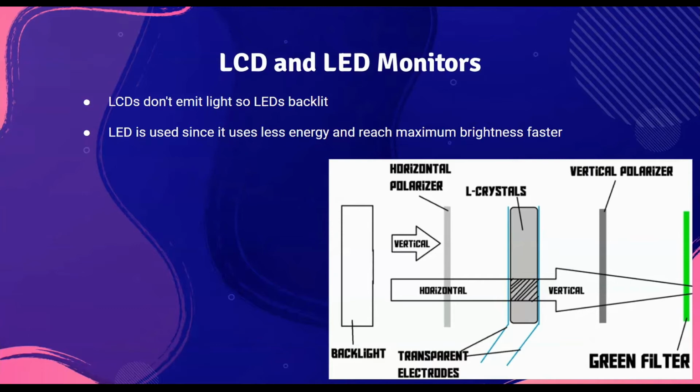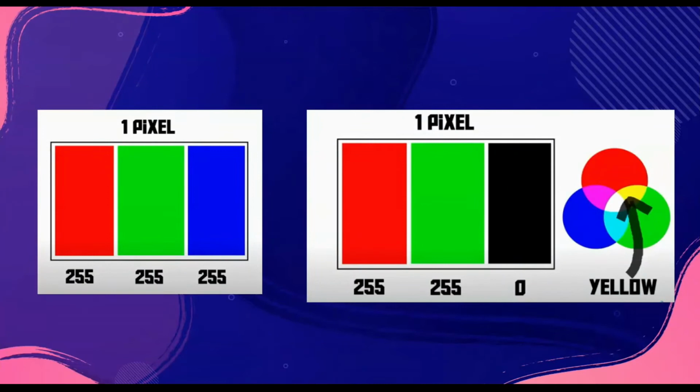LCDs. This is an amazing piece of engineering, and at the same time a very interesting thing to learn about. Firstly, we need to know what subpixels are. Every pixel on a screen has three subpixels which are red, green and blue. And the color intensity of the subpixels ranges from 0 to 255.